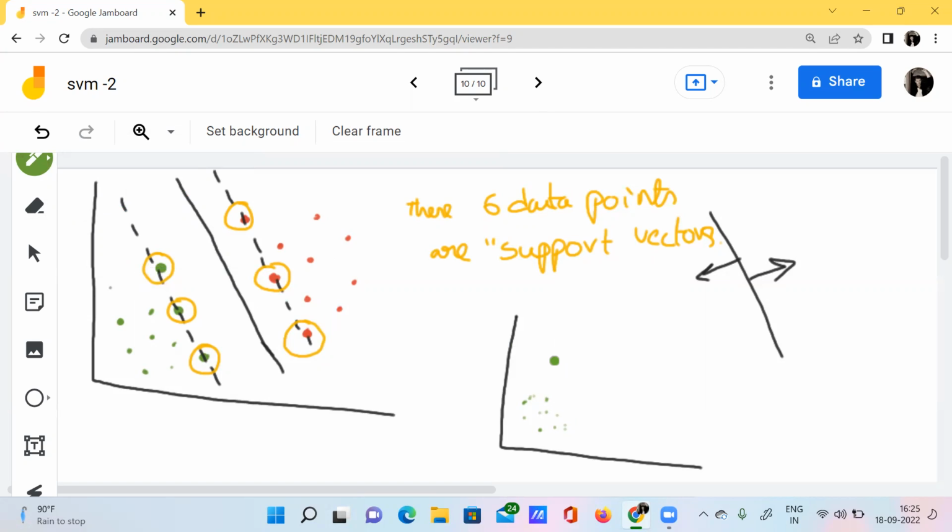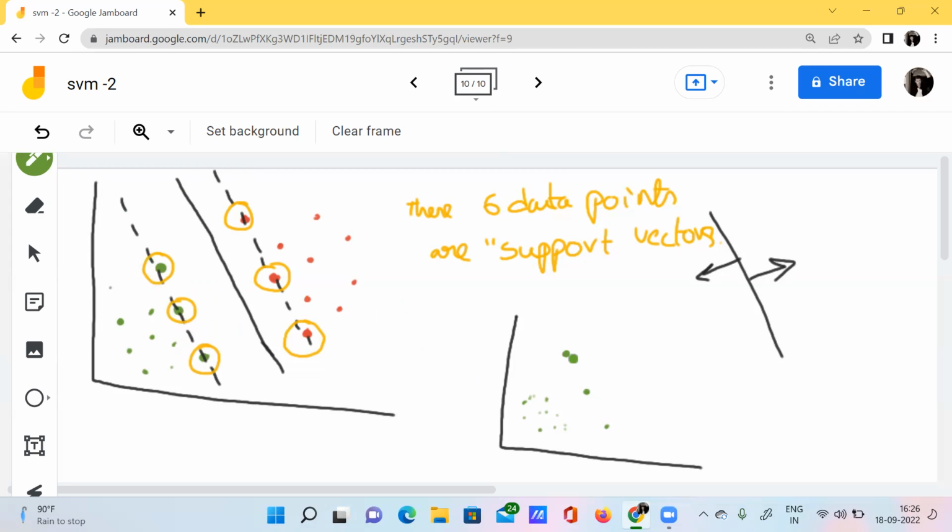I have changed this data point here, and these two. For example, I have these three data points, right? I'm placing the three data points, 1, 2, 3.